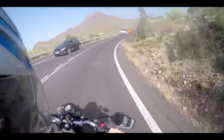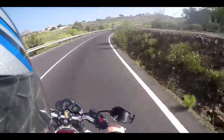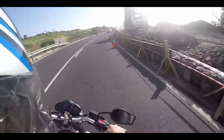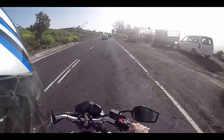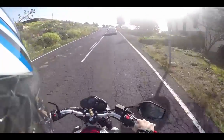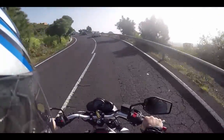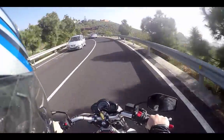Obviously I'm on the wrong side of the road, which many of you watching this were with the correct side of the road, but we're on the right side of the road here, and in the UK we drive on the left. So it's taking a little bit of getting used to positioning and looking left and right, and how aware I am of things going on. And you can see, probably a bit hazy on the GoPro, but you can see hopefully a bit left and a bit right